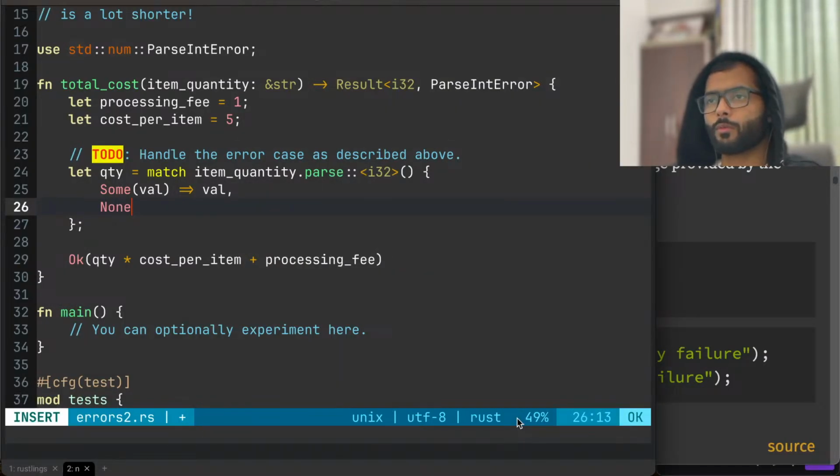If it is some value, if it is done, then or